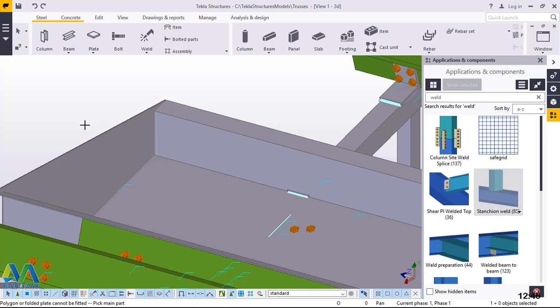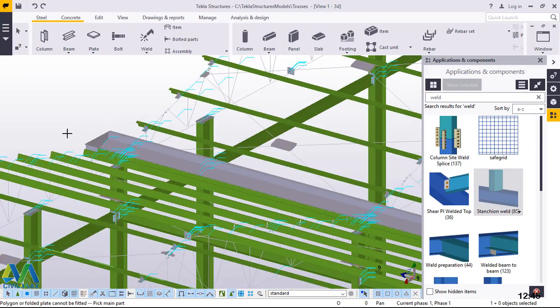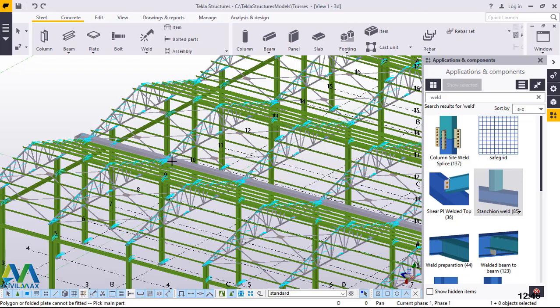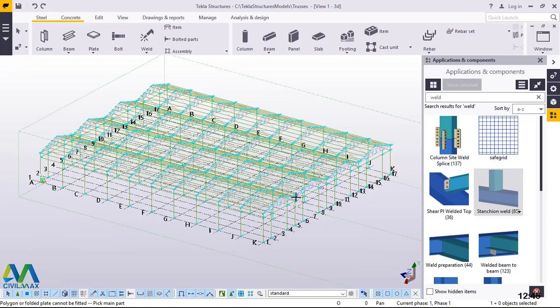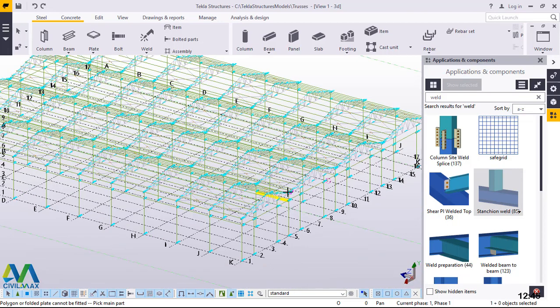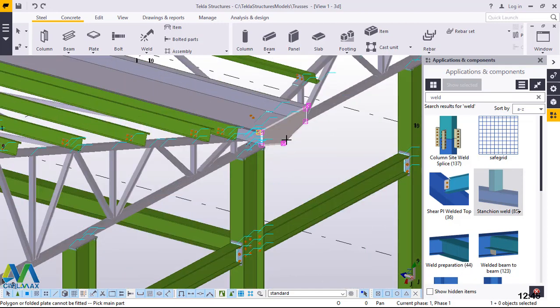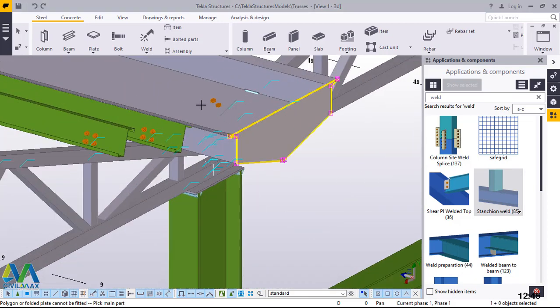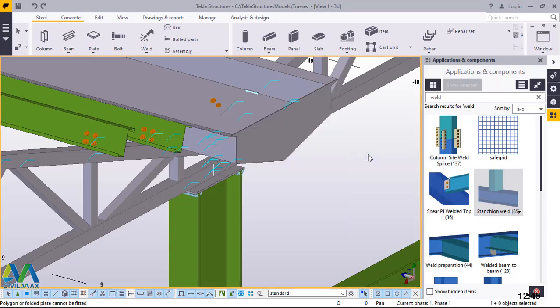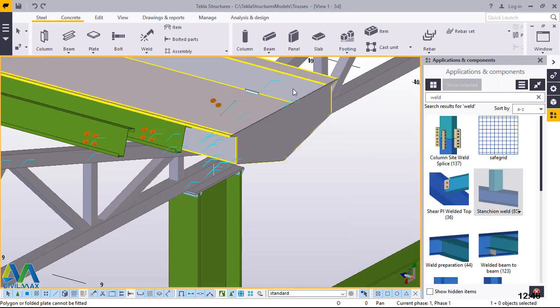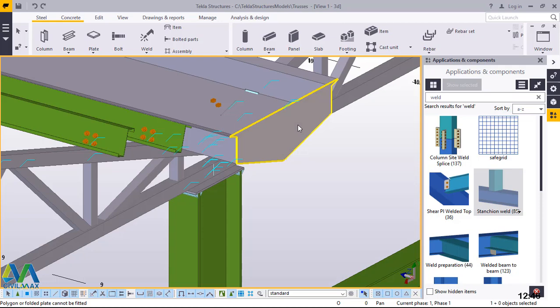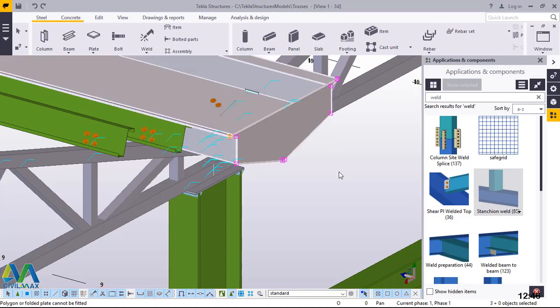A weld has been created, so it is a unit. It's a full assembly. We'll zoom out, and we want to weld this to this. A weld has been created. It has been welded. Now, if we press Alt on the keyboard and pick on this, everything will be selected,